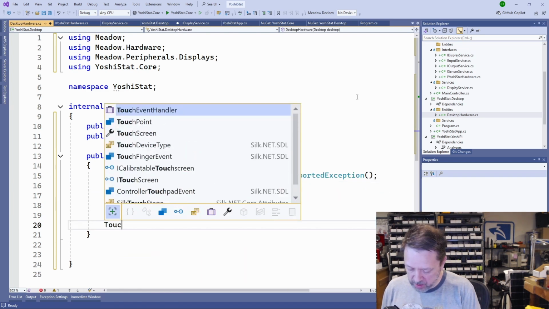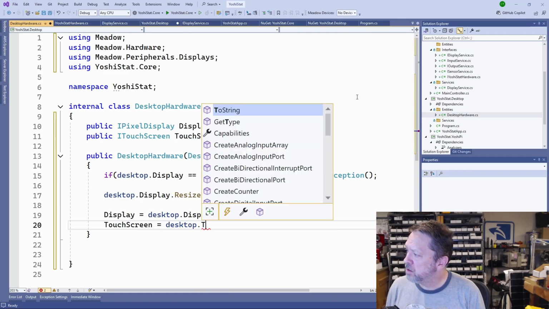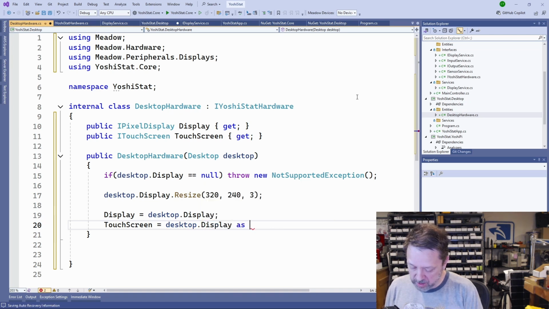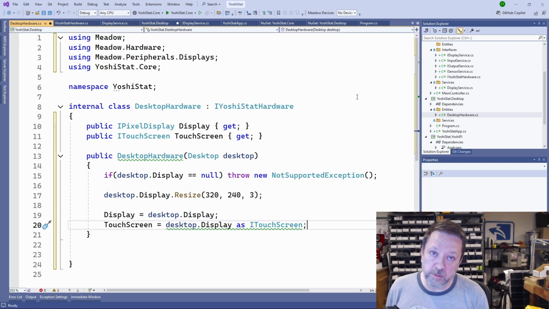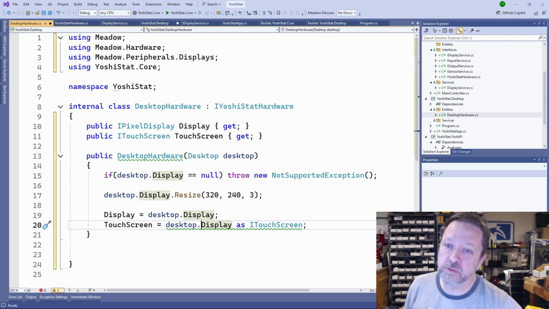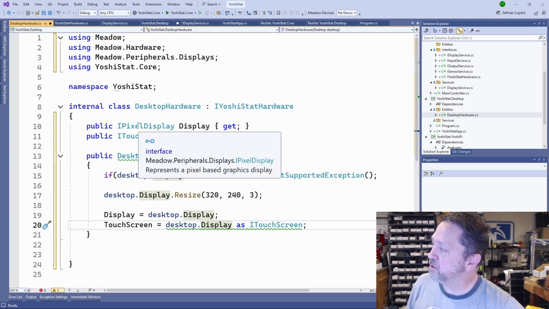And our touch screen, no, touch screen is desktop display as ITouchScreen. Now I'm just basically casting this display to a touch screen because I know that the desktop screen is clickable and therefore implements ITouchScreen. All right, so we have this desktop hardware that has both a display and a touch